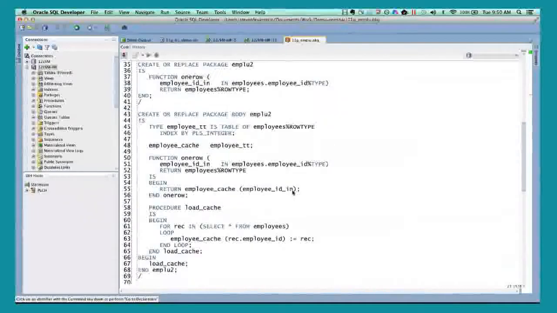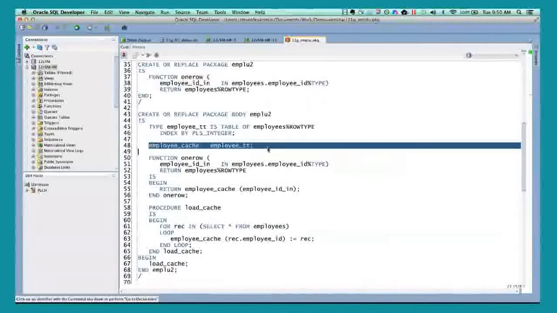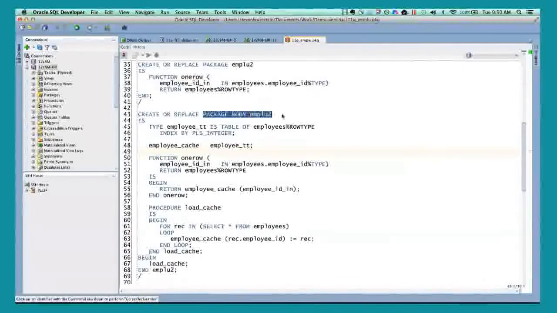In the second approach, I'm going to use what's called PGA caching. I'm going to create a variable at the package level, in my package body, that has the same structure as the employees table. And as soon as this package is utilized, the initialization section will run, and I will take all the data from the table and move it into my associative array, my cache, using the primary key as the index value.